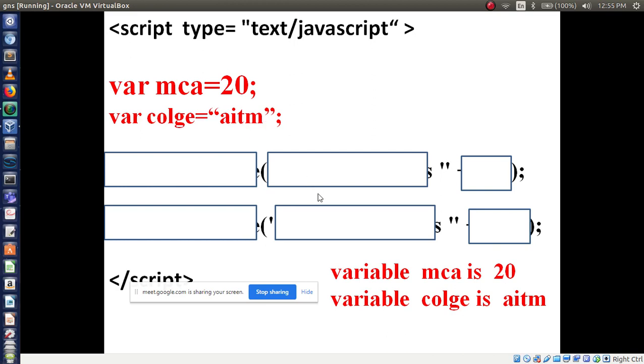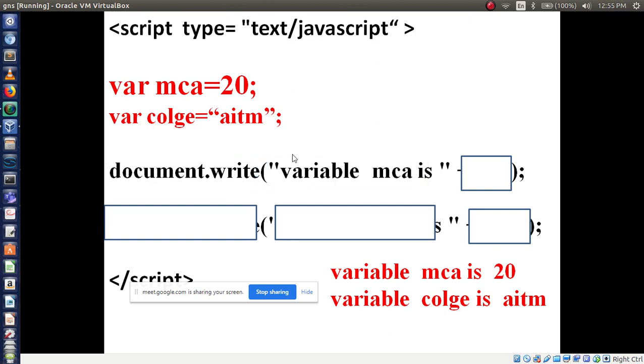Then print these two messages. To print this message, use document.write, then "variable MCA is", then on which variable is 20 stored? MCA. So you have to write plus MCA. Right. Now the other one, variable college is AITM.